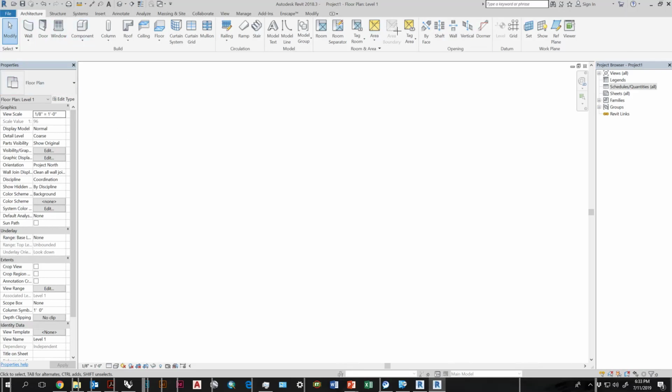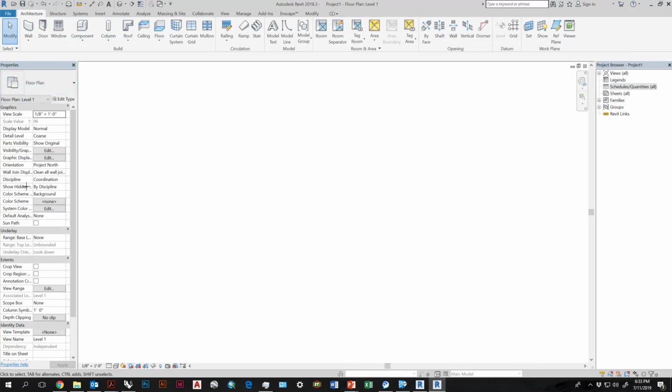Other interface elements that are important to note. Down here are your display settings, and we'll be clicking through these once we have model elements in here. But you've got detail refinements, hidden line, wireframe, shaded. So if you've modeled before, you know what these mean. You can turn your sun on and off. You can turn your sun paths on and off. You can isolate objects temporarily or reveal them. And you can also modify different settings here. So don't forget about these settings down here. They're very important for elements that are coming forward.